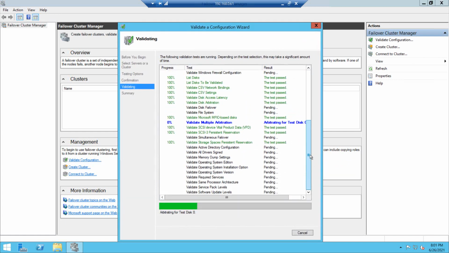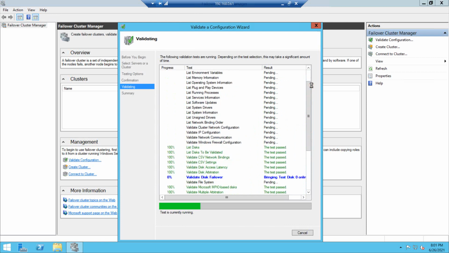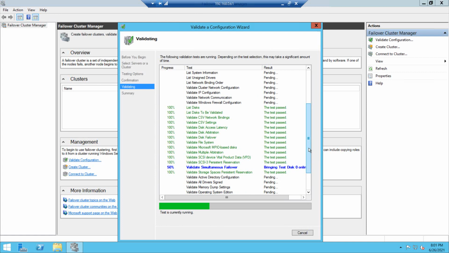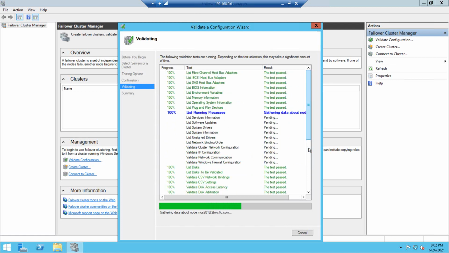Warnings can be ignored, and if any errors are there, they have to be fixed. If you see here, while validating disks, the disks are taken offline and online. When it is in production, the database instance will go down when the disks are offline. That is the reason we have to skip the disk validation in production when the disks are already online and in use.